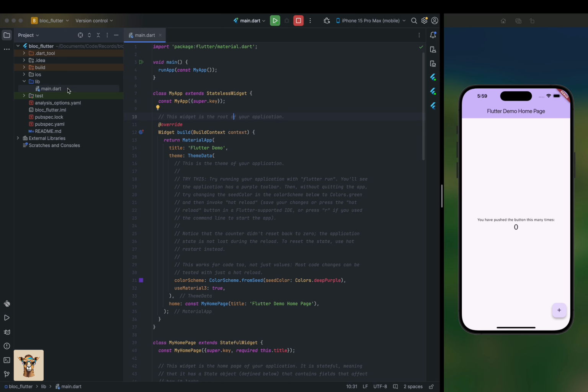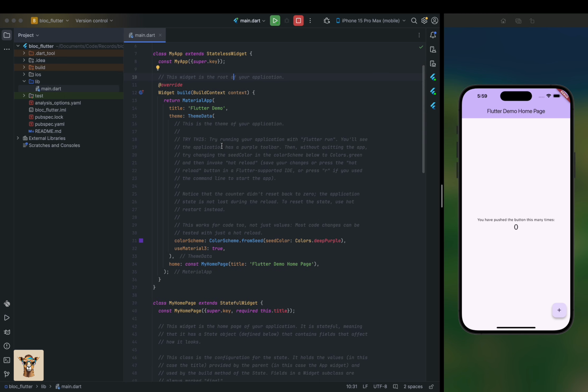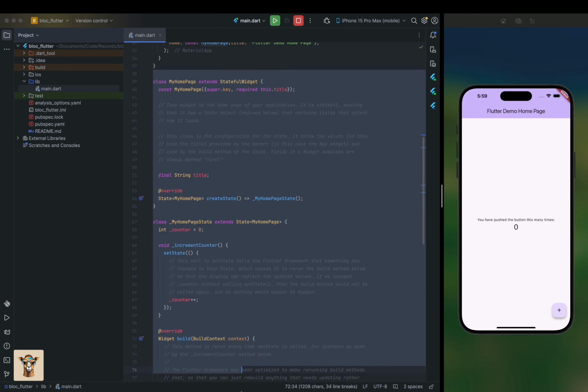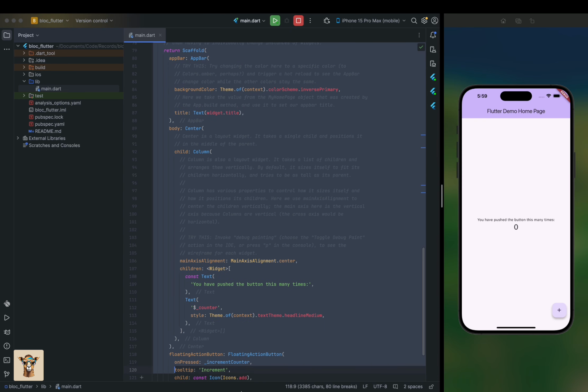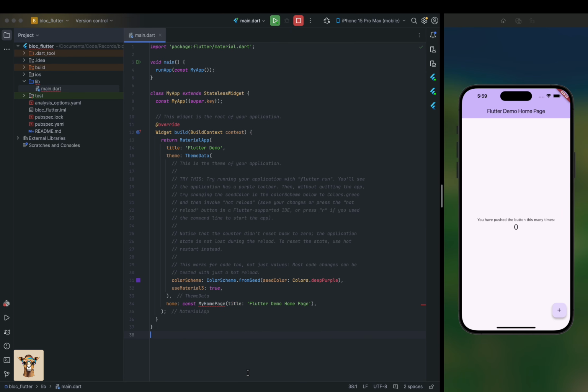Okay, it's a simple Flutter project, so first let me remove unnecessary code from my home page. That's it. Okay, the first thing that we need for BLoC is a directory, and it should be the features directory, and inside the features we have to add any feature that we need, like a users page, authentication or something else. So I'm gonna create